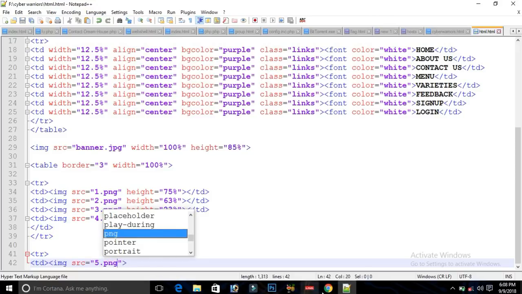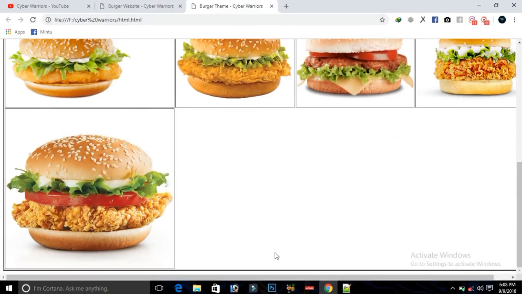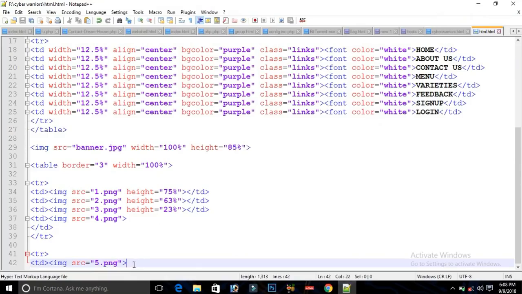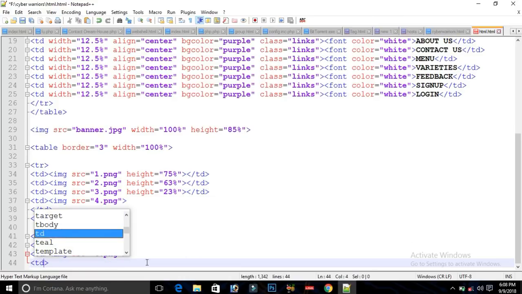So save it, reload your document. You can find a new image. Similarly, I am filling out 3 images over there. So just table data, table data once again,